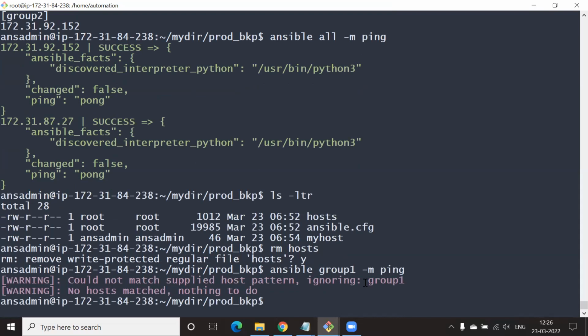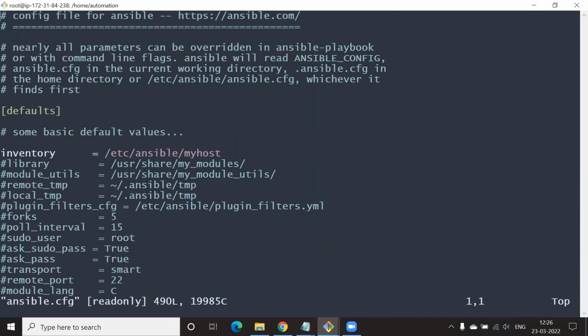Now just verify, go back into the ansible.cfg. Verify one more time that the inventory is pointing to my host, /etc/ansible/myhost. Maybe we need to change this part. Oh, my bad, sorry about that. Change that. There you go.